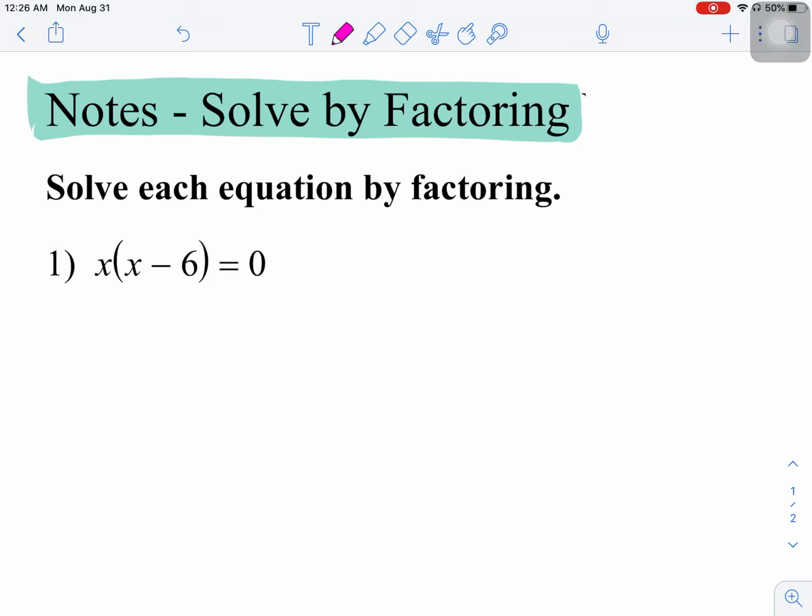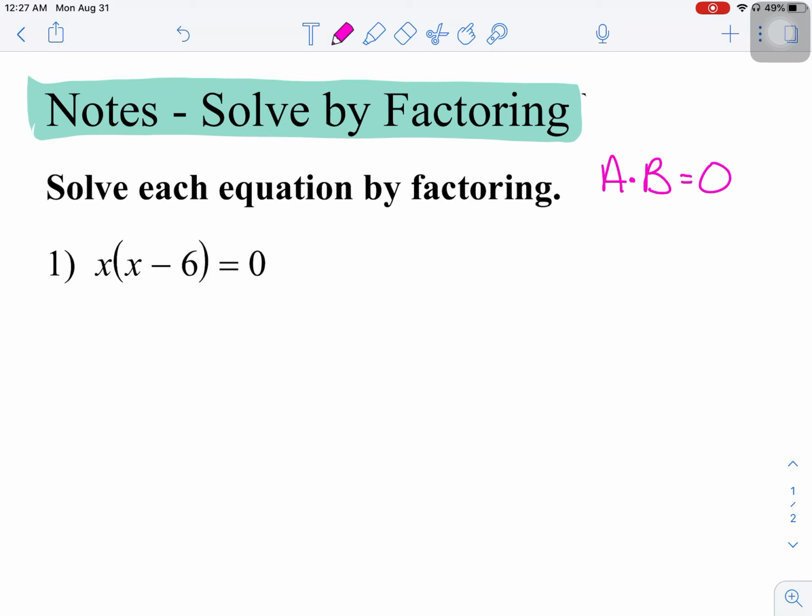In this video, I'm going to show some examples of how to solve by factoring. The first thing you need to know about solving by factoring is that you need to use what's called the zero product theorem. Zero product theorem says if you have two things and you're multiplying them together, and this could actually apply to three or more things too, and this equals 0,